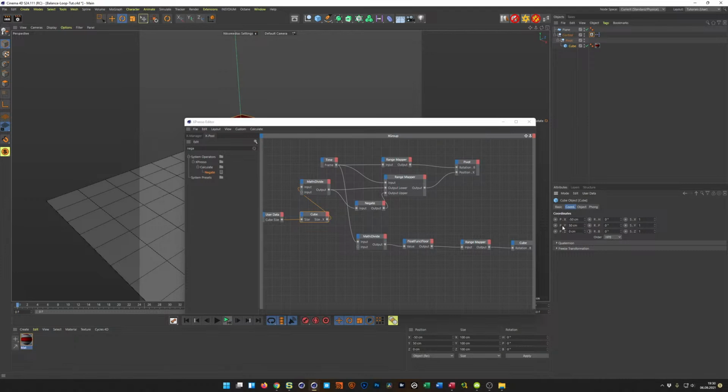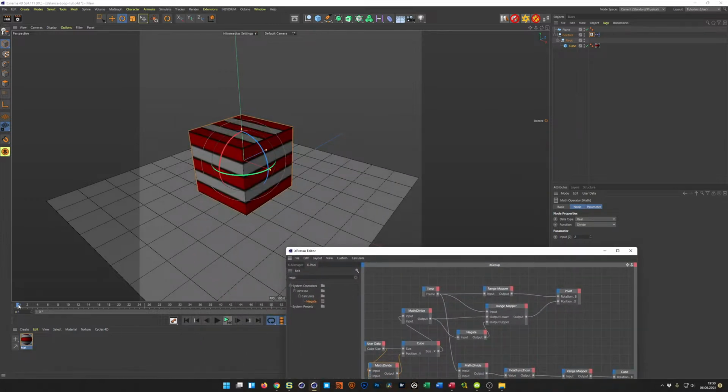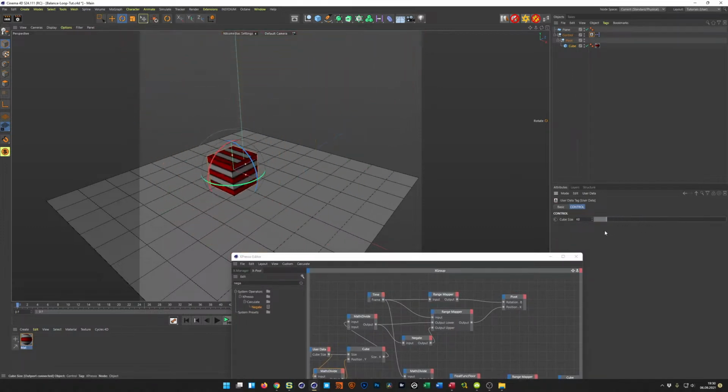The size is 100, so I have to go 50 up with the cube so that I stay on the floor. It's again divided by 2. So I bring this to here, make another math divide here, I copy this down here. This is divided by 2, so I bring it to here, and divide it by 2. So this is the Y position of the cube. When I go now to here, the cube always stays on the floor now,